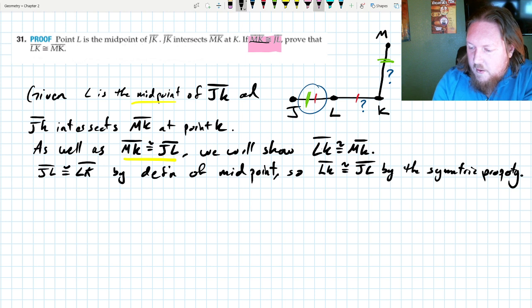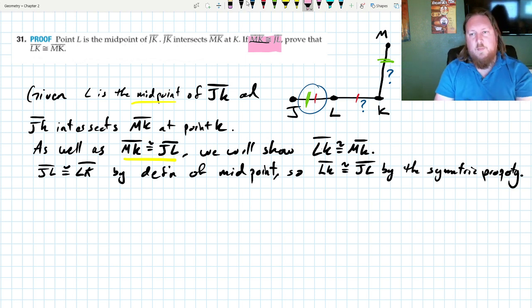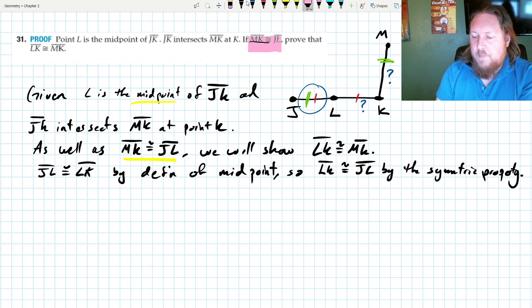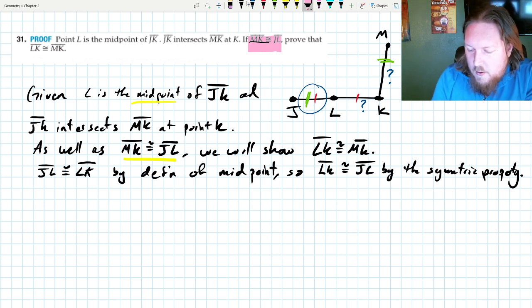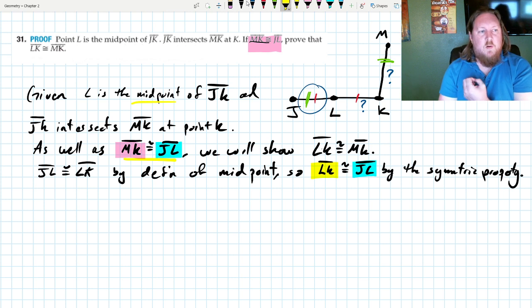And now I'm going to highlight. And I do this, you don't have to highlight in the problem at all. I'm doing it to make it clear how I'm coming to the next step in the conclusion. I know that MK is congruent to JL, and that JL is congruent to LK. So you can see in both of those pairs, we have